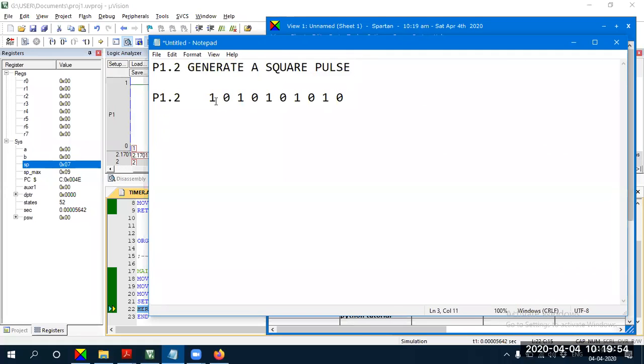You may ask a question: instead of using the complement function, can we not use SETB and CLR? Yes, but instead of each time setting and clearing, it is better to use complement. This one instruction can replace two instructions. Moreover, how do we know whether it was